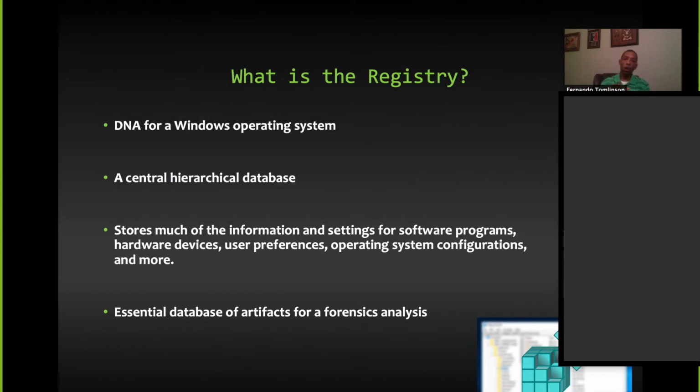Okay, so starting off, we'll talk about the registry and then we'll kind of get into some event logs. So the registry, at the core, is the DNA for a Windows machine. When we think DNA from a human perspective, we can almost say the registry is that from a Windows perspective. It's a hierarchical database in which information is stored and retrieved based upon processes and software that's installed, and it contains things like software programs, hardware, user preferences, and a substantial amount of other data.